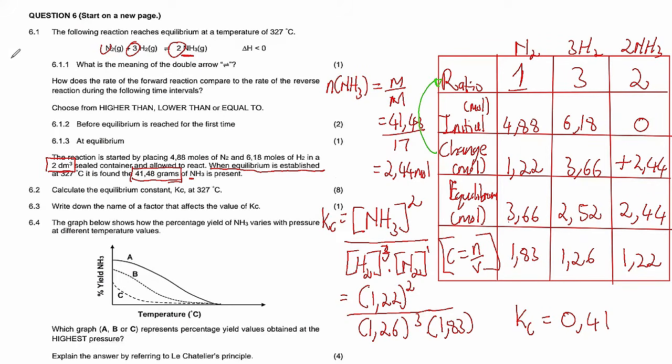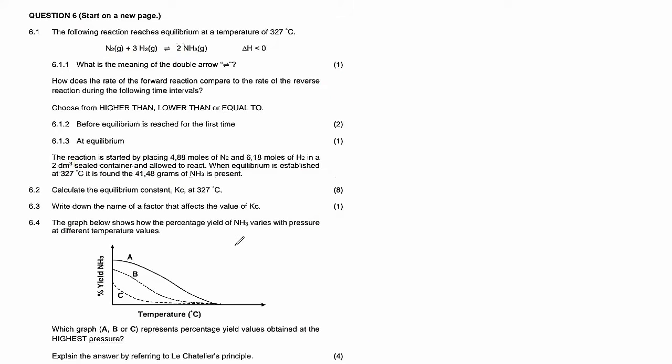Okay, so now we have 6.3. 6.3 says write down the name of a factor that affects the value of Kc. Note that the value of Kc, right? So we know that your pressure, your catalyst, your concentration, and also your temperature. These three can all affect the position